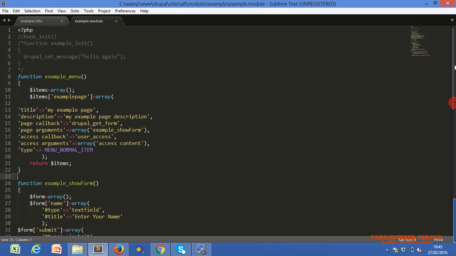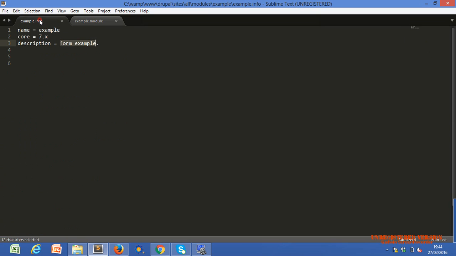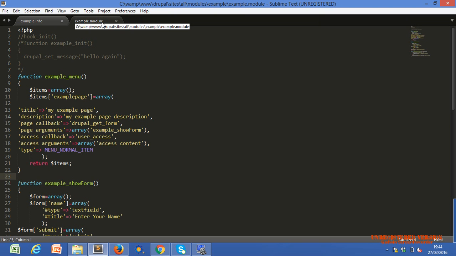We have created one example module, and we have enabled that module. For that, two files are required. One is the info file, which has simple information: the name, the version and the description. And the second is the module file, which has the logic behind our module. Whatever we need, we put that logic here.